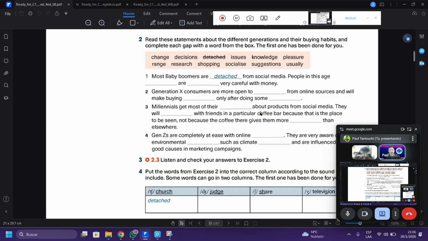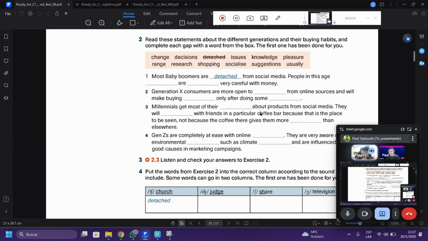So we have to read the following statements about the different generations and their buying habits: Generation Z, the baby boomers, and so on. Then we complete every single gap with a word from the box. The first one has been done as an example for us. Most baby boomers are detached from social media. People in this age range are very careful with money.